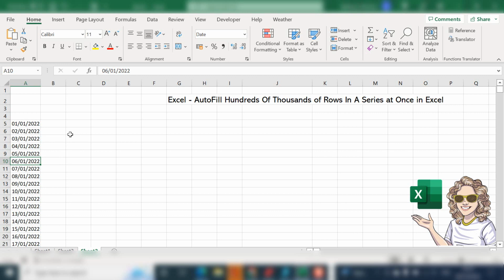I hope you enjoyed that quick tip: how to fill literally hundreds of thousands, if not 1 million rows in a data series all at once in